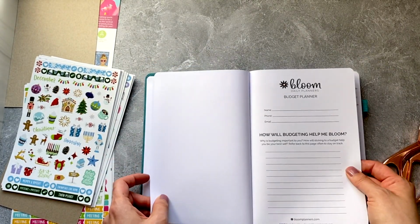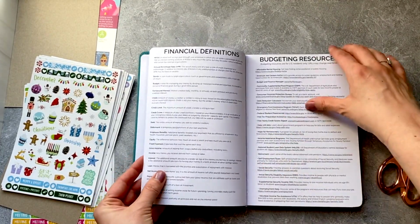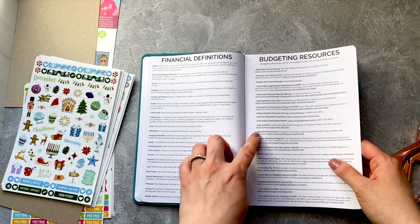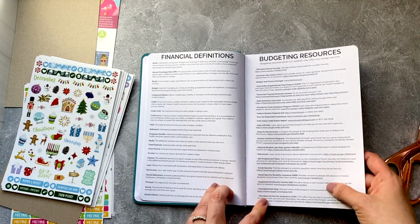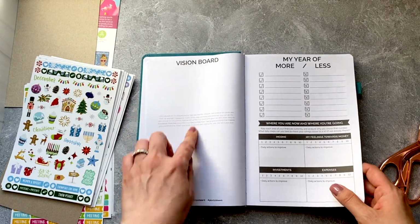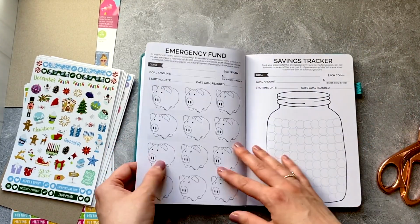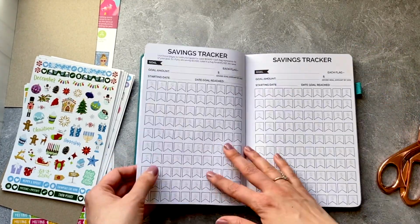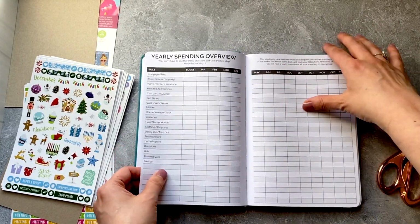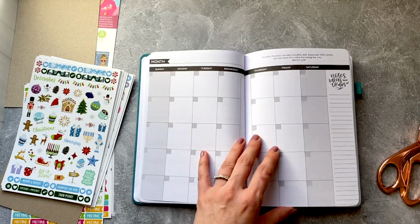So what do we got here? We got our name and how to use your planner. We have financial definitions, budgeting resources. Wow, this is a lot. I don't know, that's going to be painful to type those in. Too bad there's not a website or a scan code, but vision board, my year, this year's bucket list, financial goals, emergency fund, savings tracker, more savings tracker, debt tracker, yearly spending overview, month of, and then we get an